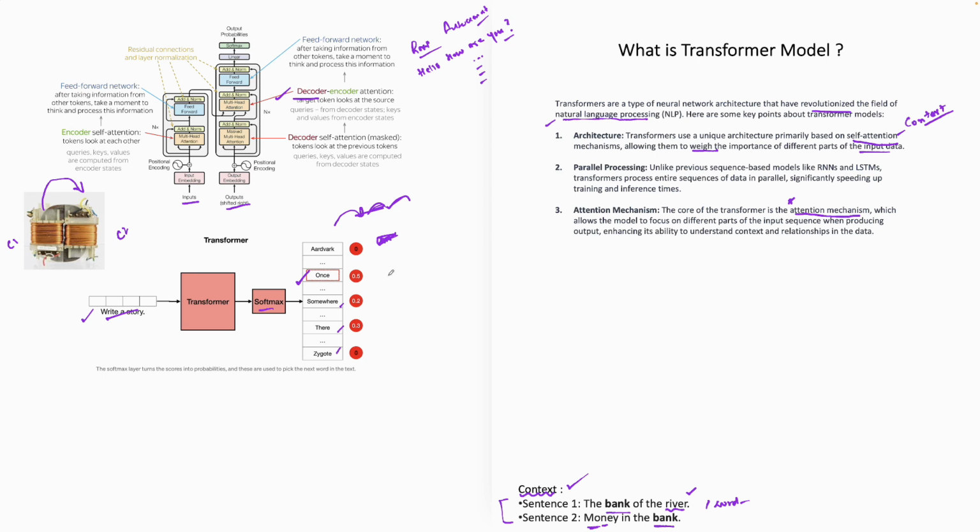So same way, it will look at the context. Oh, I have to write a story. Probably best way would be once upon a time. So it goes on like that, right? So very important. With transformer, you have a layered mechanism, and you have to look at the encoder component and